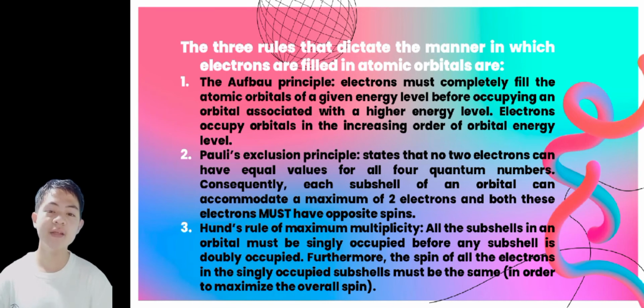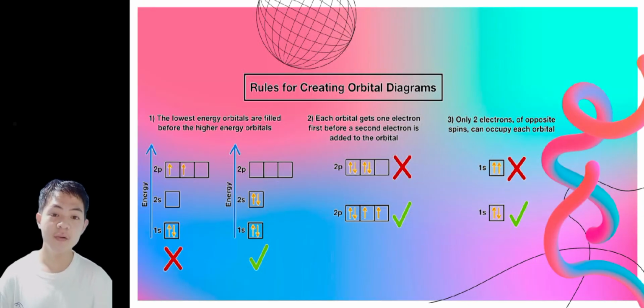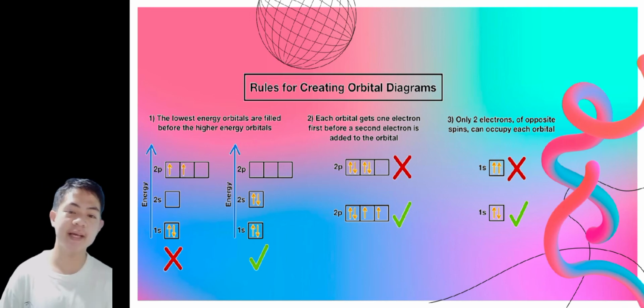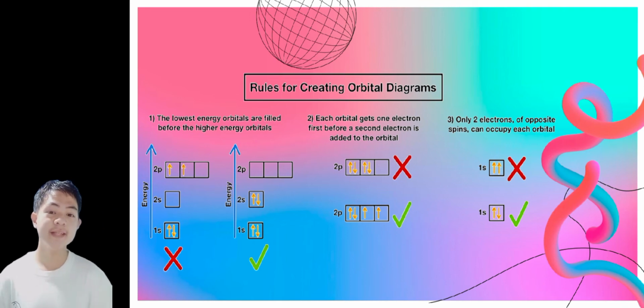It says that all the subshells in an orbital must be singly occupied before any subshell is doubly occupied. Furthermore, the spin of all the electrons in the singly occupied subshells must be the same in order to maximize the overall spin. Also, the rules for creating orbital diagrams, as shown in the picture, state that the lowest energy